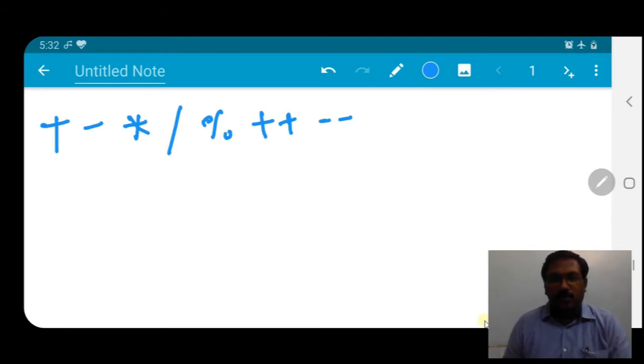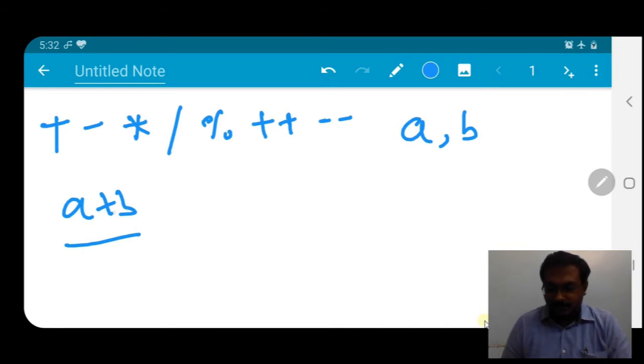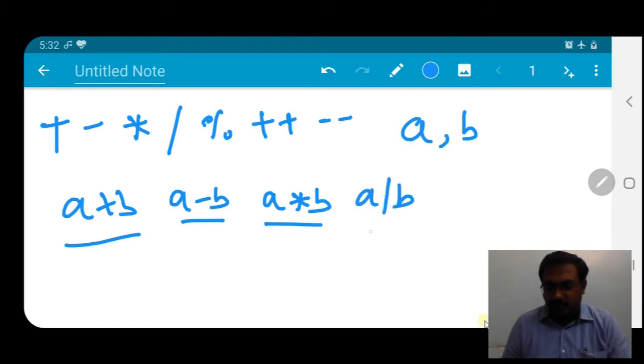Like if we have two values a and b, if we write a plus b, it's an arithmetic operation as an expression. If we write a minus b, again it's an arithmetic expression. We can write a multiply b, yes, it's an arithmetic expression. If we write a divided by b, yes, it is also.